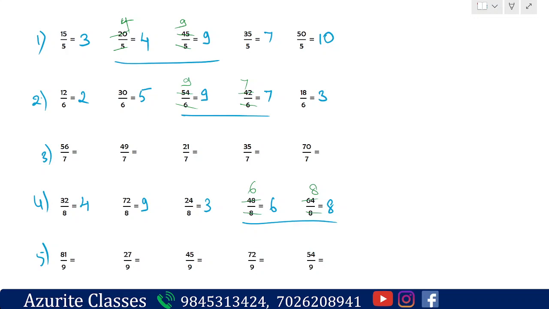Roll number 5. Arohi. Good. So the answer will be 9. Next. Very good. So that is, we have to divide. So explain. You already told how you did, right? So 9 eights are 72, isn't it? Very good. 9 sixes are 54. That is the answer. Understand? Very good. So next we'll go to the questions from roll number 6.